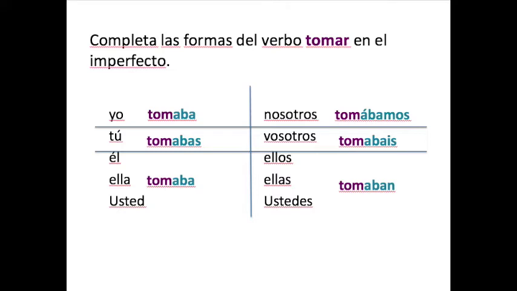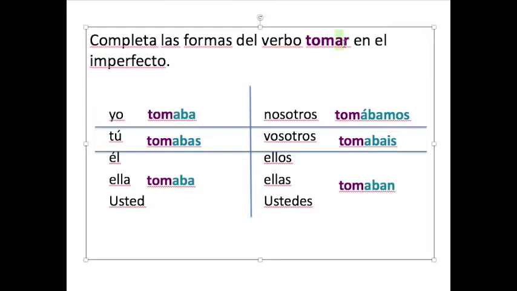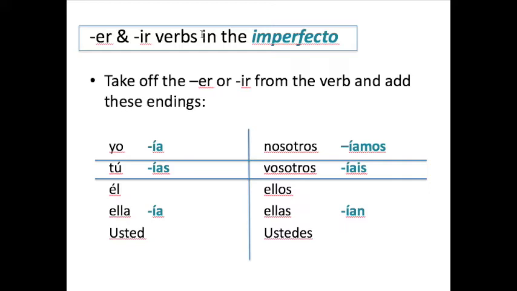Okay, and then ER and IR verbs in the imperfecto, we're going to take the ER or the IR off, and then we're going to add these, because you remember that ER and IR mostly are the same in the past tense. So ía, ías, once again we have that S, ía, íamos, and ían. We're going to just delete this guy again. We're not super worried about him. So all of these endings are going to agree with whatever subject you've got. So you just keep that in mind as we're working through this.